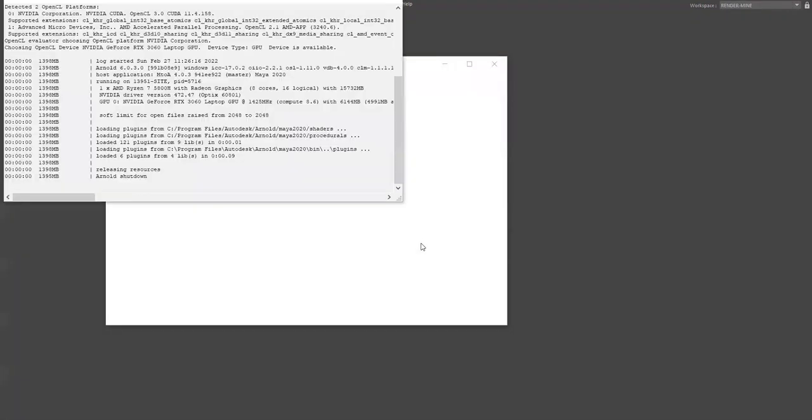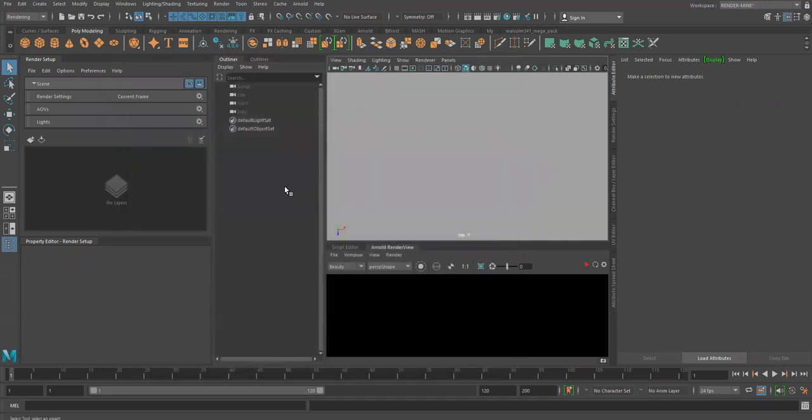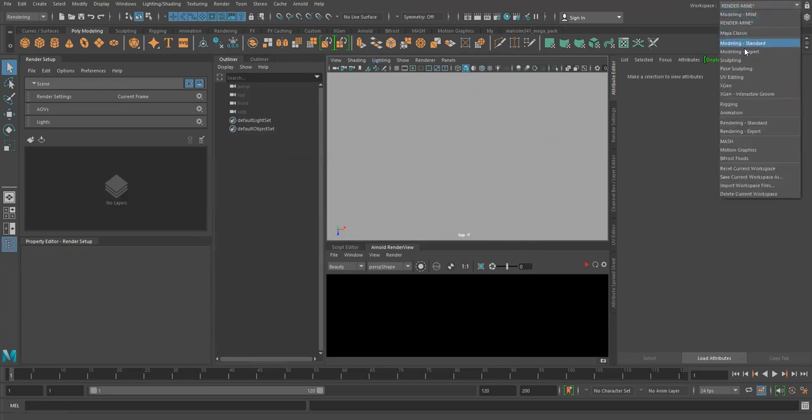And for rendering, I'll have a different workspace. This is my rendering workspace. I prefer this one for rendering because it has all the render layers, the render window and everything. You know, Maya has the Arnold render view. So that's what it's all about. Let's click here, and there are other standard views that Maya offers,